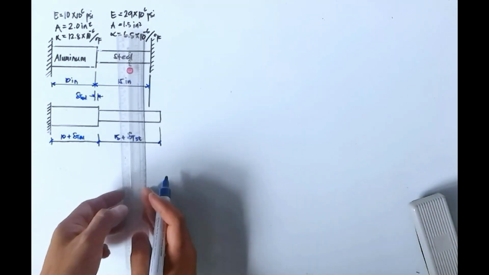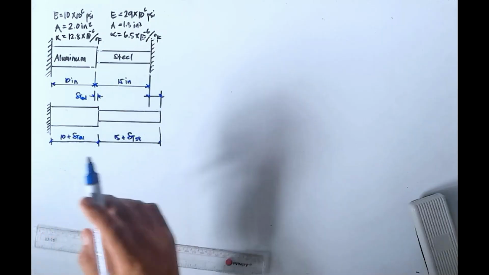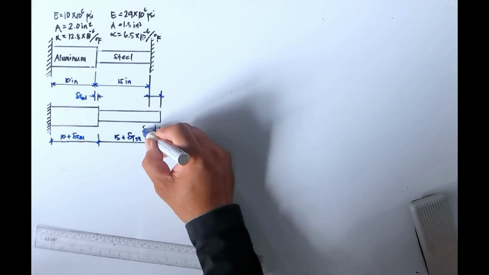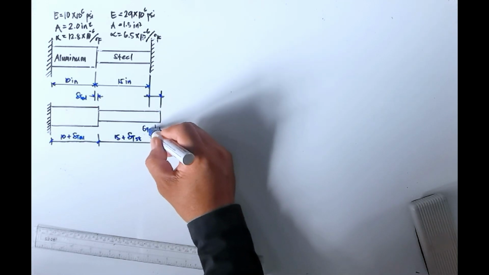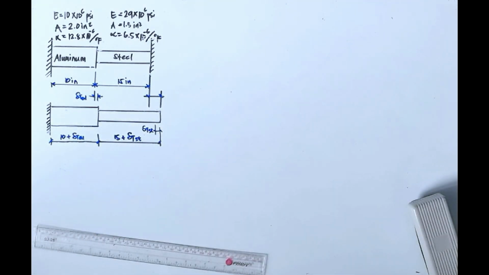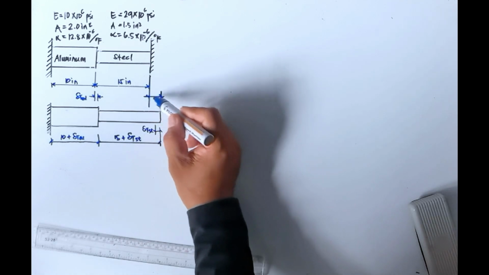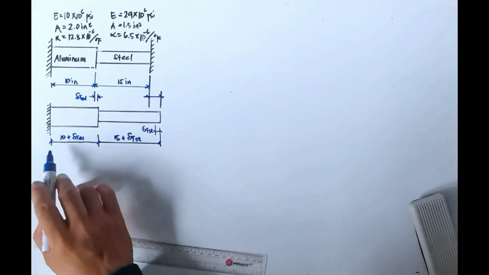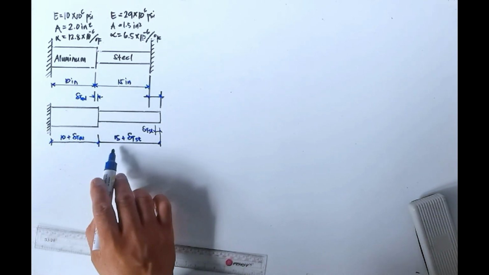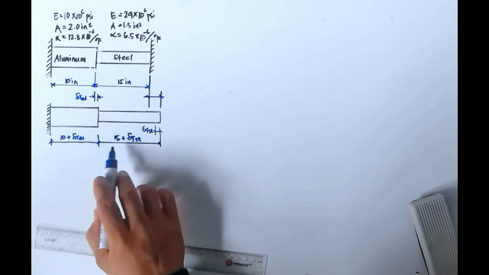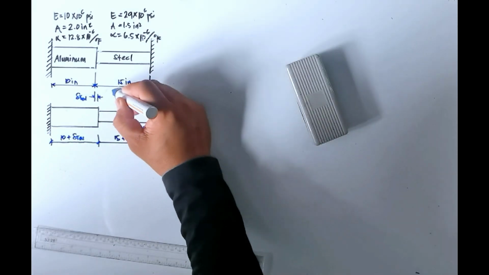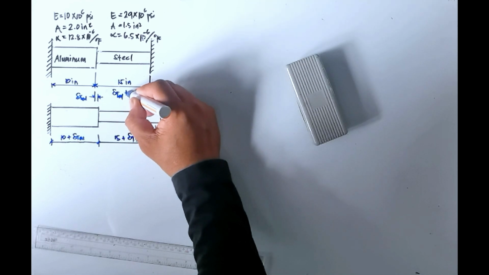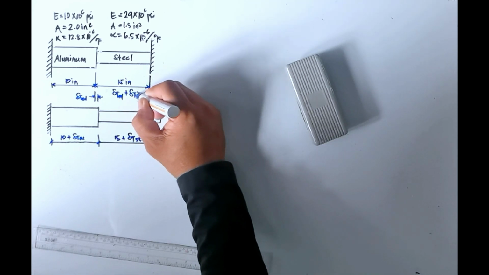That means this distance here up to here, let's say for example, this is the thermal expansion of the steel. Again, this is equal to this length minus this. That is 10 plus 15 or 25 plus the thermal expansions minus 25. So this is now the thermal expansion of the aluminum plus the thermal expansion of the steel.